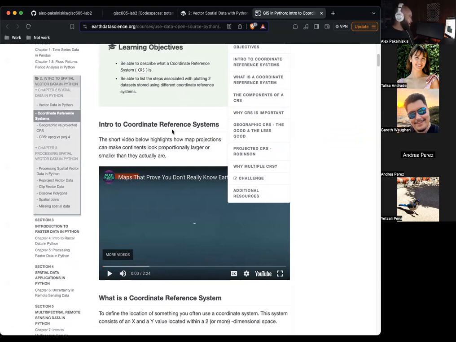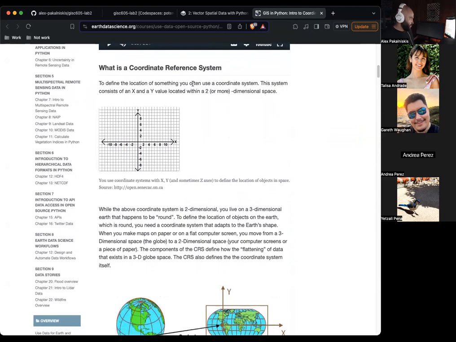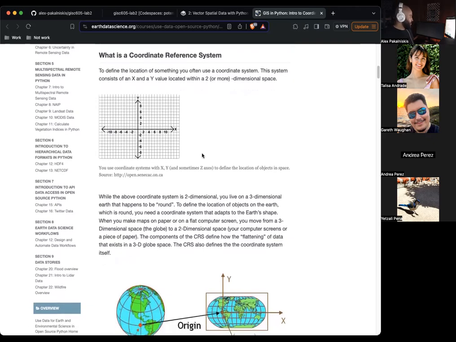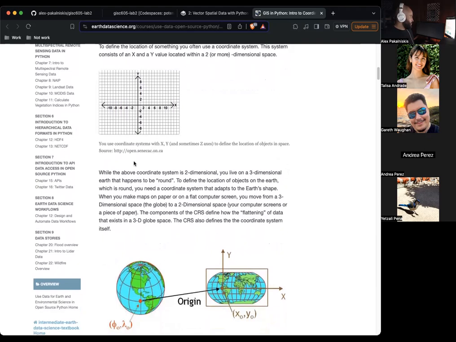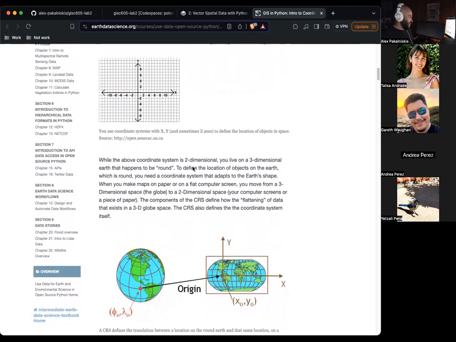This video just highlights how continents can look larger or smaller than they actually are, depending on the projection. Coordinate reference systems allow us to define the location of something in relative space. This coordinate system is two-dimensional, but we live in a 3+ dimensional world, so these flat maps have limitations in representing curved things in space.